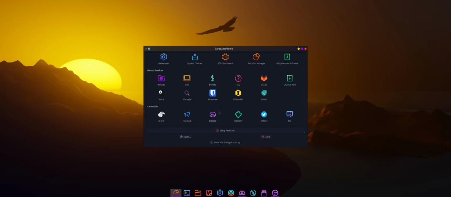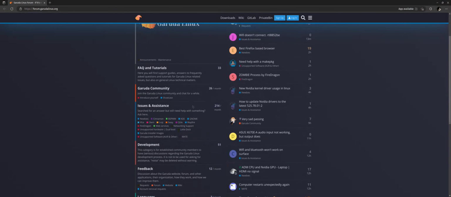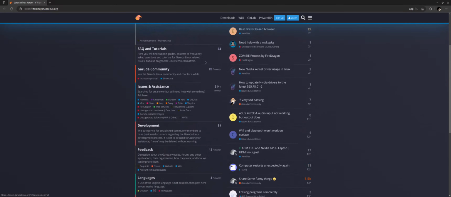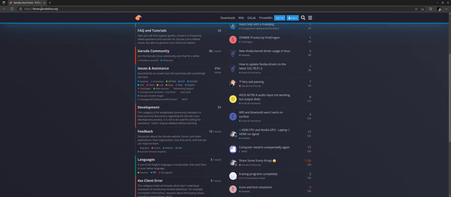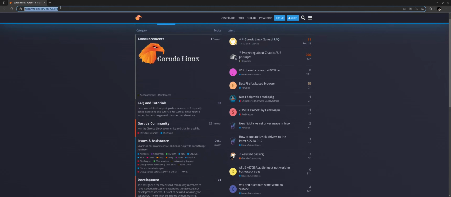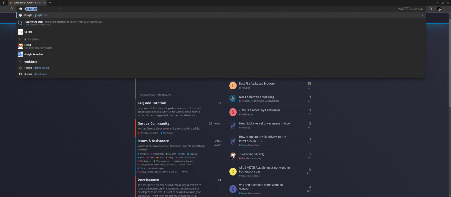And here we have also additional resources like their website, their forum. If something happens, if there is a problem, let's say, you can open their forum. So it will be here in the Garuda Linux. You can also donate for the project and contribute to their development. So if I run here